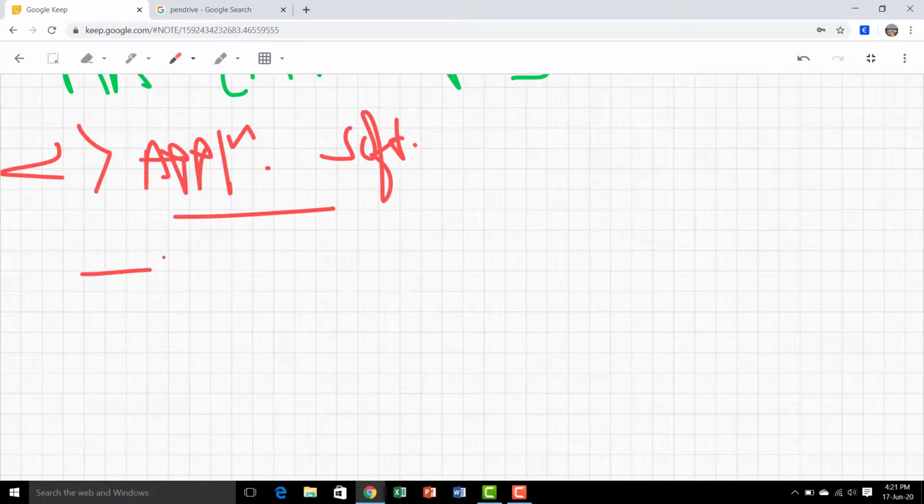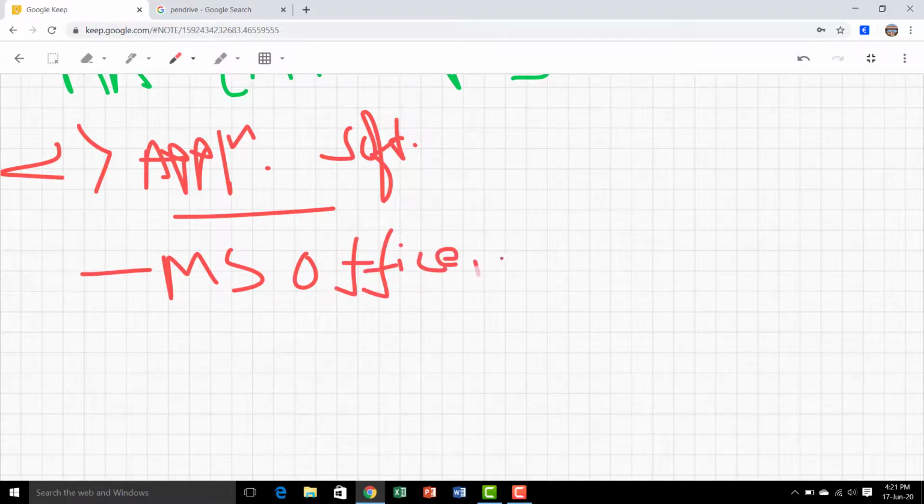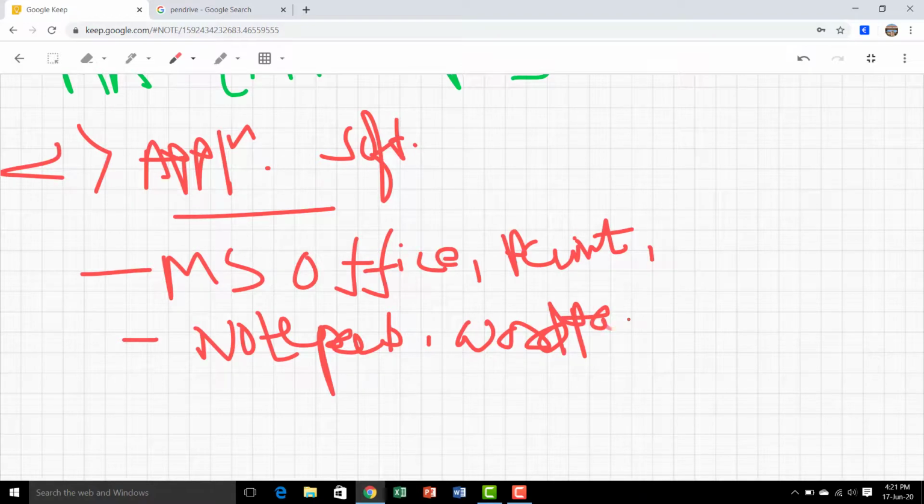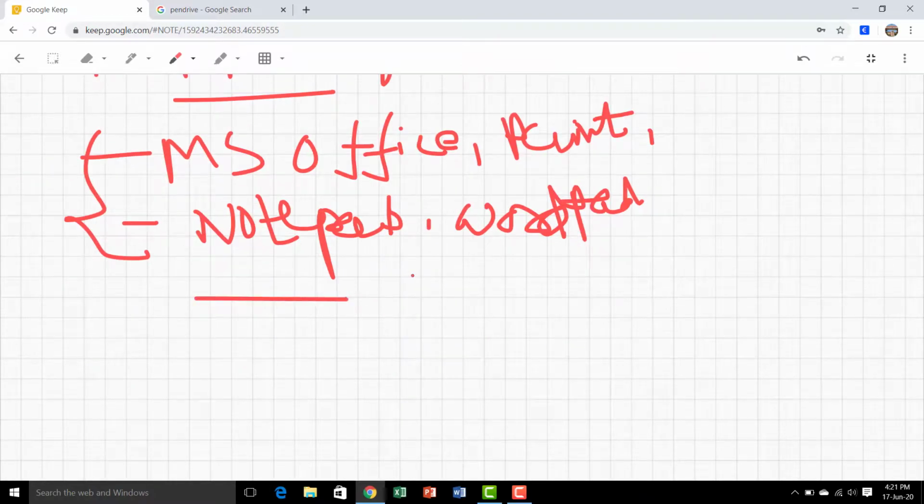There are basically many: MS Office, Paint, Notepad, WordPad. These are all application software, and there are many more as per your requirement.